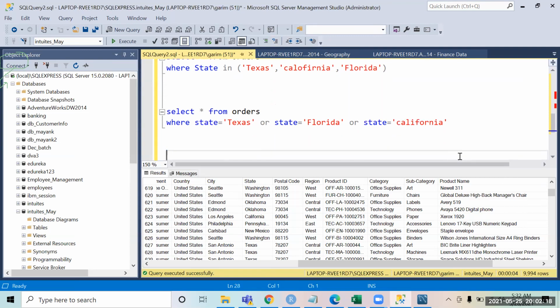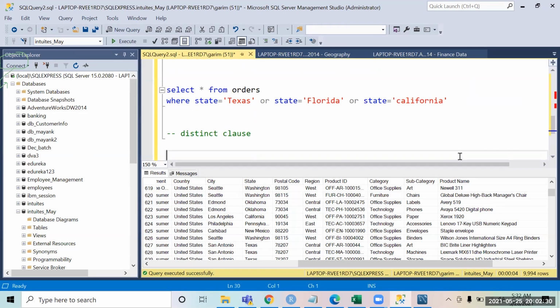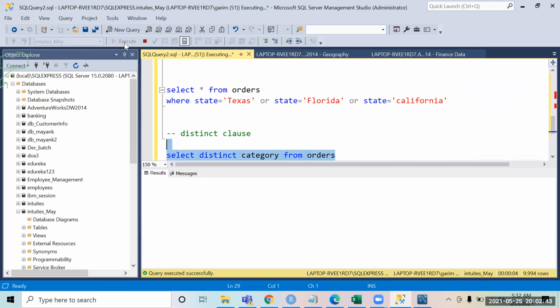So similarly, we also have a DISTINCT clause. The distinct clause is something we use if you have to pull the unique data from a column. For example, if you say select distinct category from orders, this is used to pull unique data.